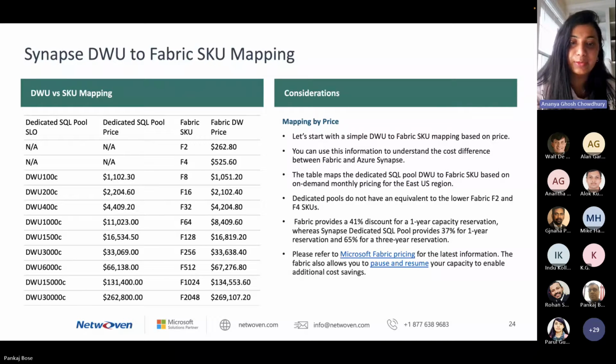Now, another point to note here is the Fabric Data Warehouse offers a flexible pricing model that allows you to choose the SKUs that best fit your needs, your use case, and also your budget. The F2 and the F4 SKUs are the lower cost options, but they do not have an equivalent Azure Synapse dedicated SQL pool, which means that if you're in Fabric, you have more options for cost efficient data warehousing solutions. And you can see for F2 and F4, the price for data warehouse is $262 for F2 and $525 for